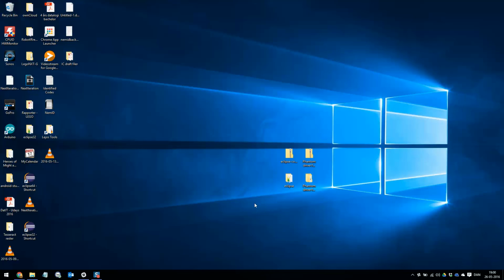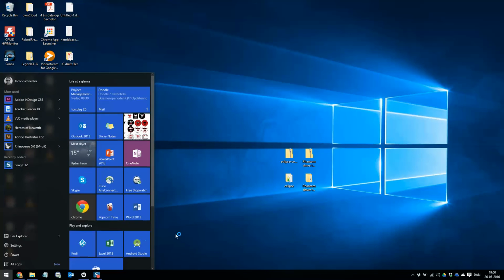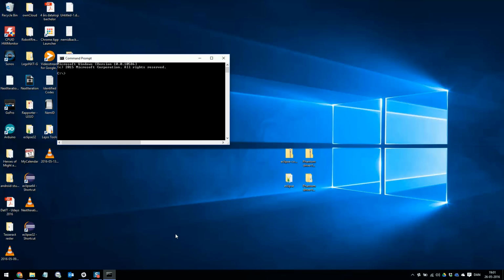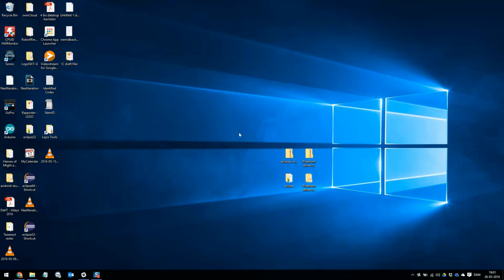As for troubleshooting, I'll show you a bunch of things. First off, let's look at the Java installation. We can go to the command prompt and type java --version. And you can see here that my version is 1.8 and it works. But as mentioned previously, 1.7 might be the only one working for you.